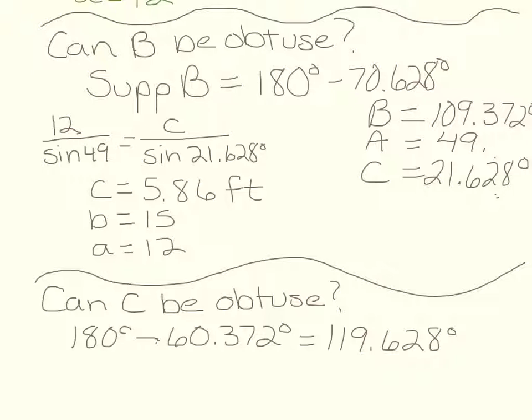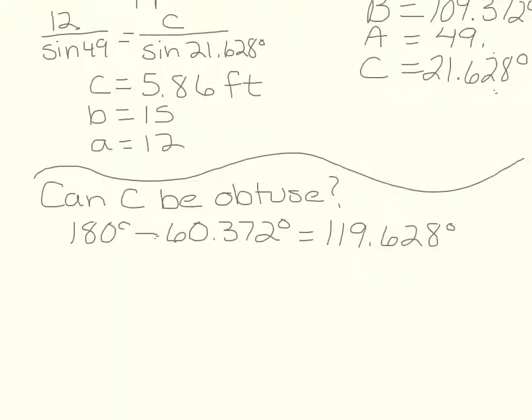It's not moving. Hang on. A is still 49 degrees, and that would mean that angle B, this is angle C, this is angle A, and so angle B in this case would have to be 11.372 degrees, which seems reasonable. Okay, but let's